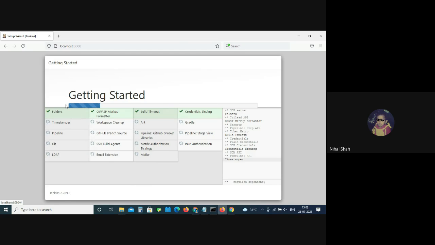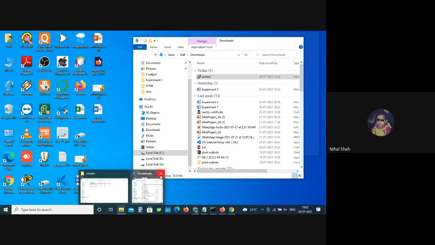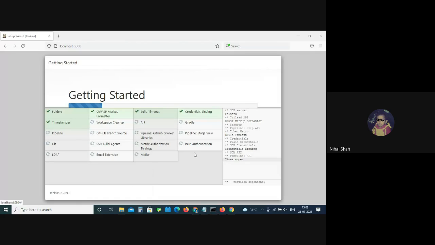Wait, let me check. No, still the same. The site can't be reached. My default browser is actually Brave, not Explorer.